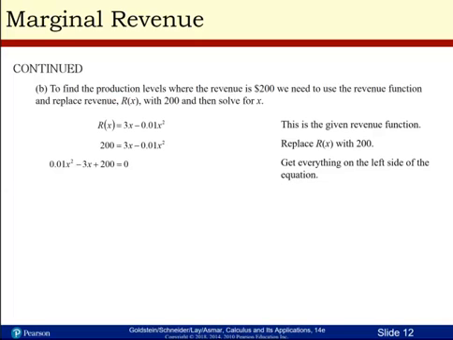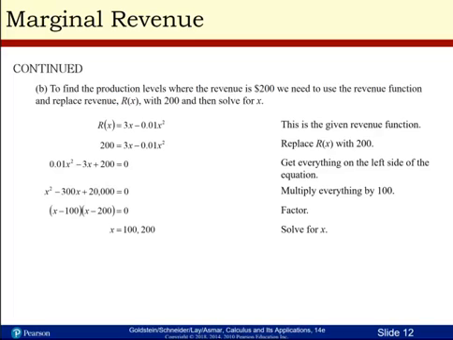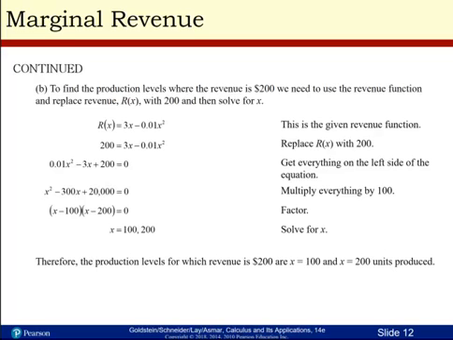So this is just solving this quadratic, and we can solve the quadratic any number of ways. We could use the quadratic formula here. Here what I did was multiply everything by 100, and it factors very nicely. We get x equal 100 and 200. And then we find that the production levels for which revenue is 200 are x equal 100 and 200 units produced. And that concludes this section of our